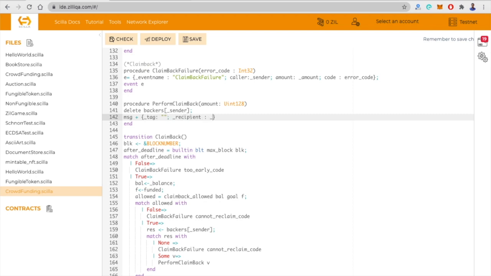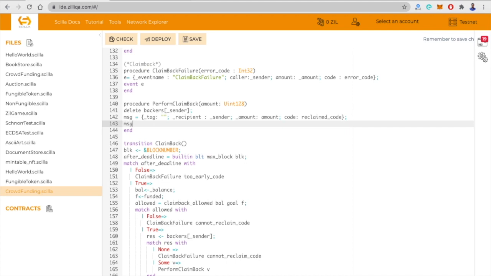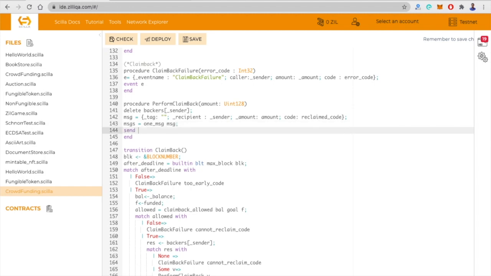The recipient is the sender, and the amount will be the amount that we'll take from this argument, and the code will be reclaimed code. I added this by mistake. I need to have an equality operator, and then what we'll do is we'll create this messages variable, and we'll call our one message function, and we'll pass the message that we created above to this function, and we'll finally send this message. So this completes our procedure perform claimback, and with it we complete the code for the whole